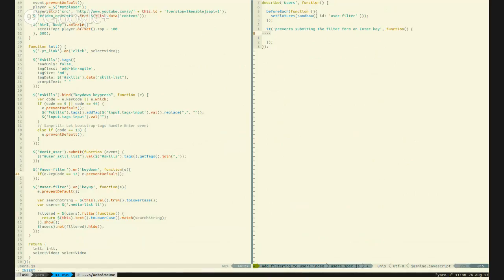So to do that, we can say user filter trigger, and then we tell it which event to trigger. So trigger key down,